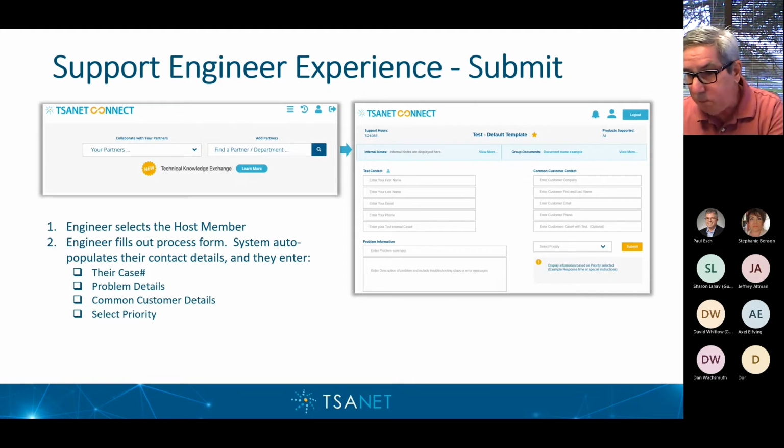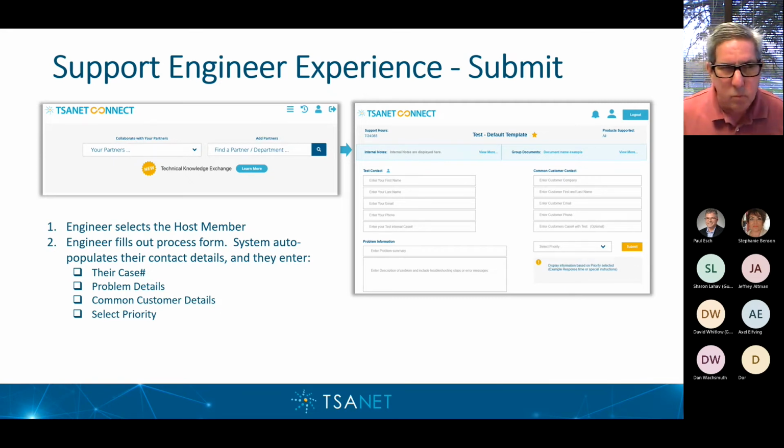And then you're going to select the priority of the call. If you're requesting it, you would say this is a P1, a P2, or a P3. That gives the receiving company the ability to say, okay, this starts a clock. The SLA involved here is starting the clock to acknowledge the request.